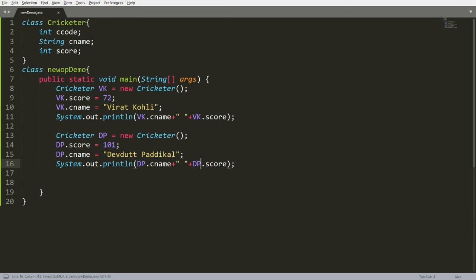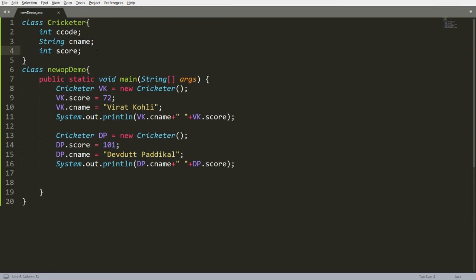So this vk is an object, this dp is an object, and this object can access the properties of the class. Here you can declare a function, here you can declare an array, there are so many elements of the class. There are 7 elements like constructor, class initializer block, so many things that we will discuss later on.